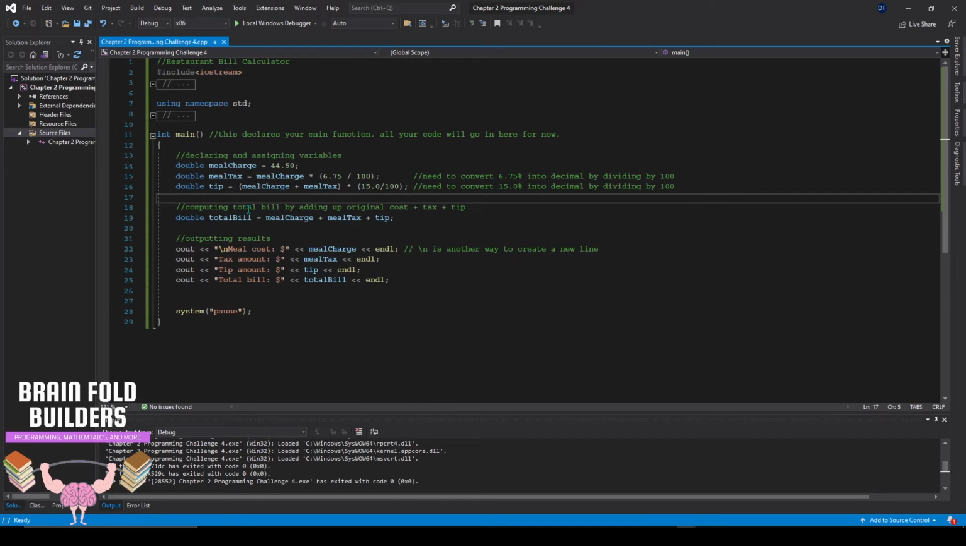And then we will be computing the total bill by adding up the original cost, which is meal charge, the meal tax right here, and then the total tip. So we are storing meal charge plus meal tax plus tip to total bill,